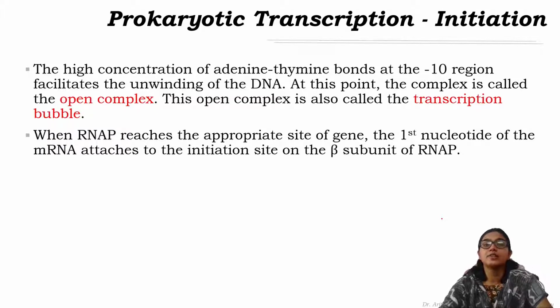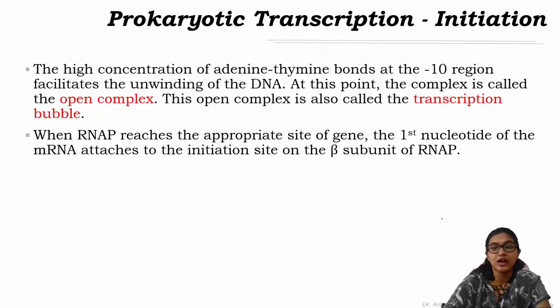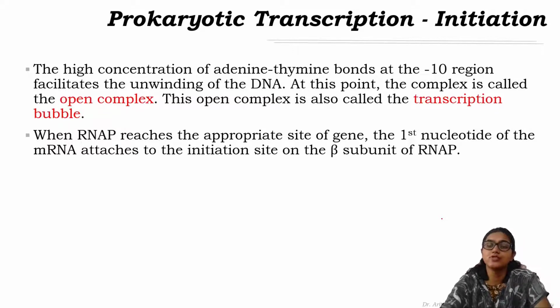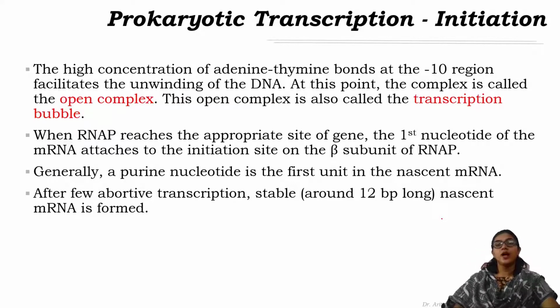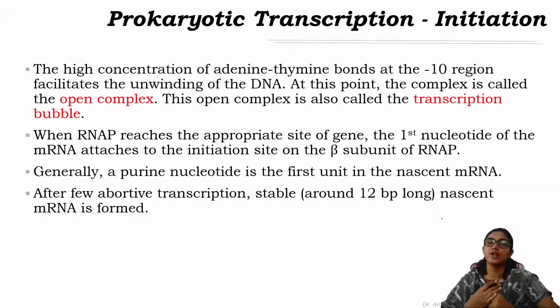Now, the RNA polymerase reaches the initiation start site where the first nucleotide is attached with the help of the beta subunit of RNA polymerase. The beta subunit has the actual polymerizing function. After addition of the first nucleotide, the subsequent nucleotides are attached by the beta subunit along with formation of phosphodiester